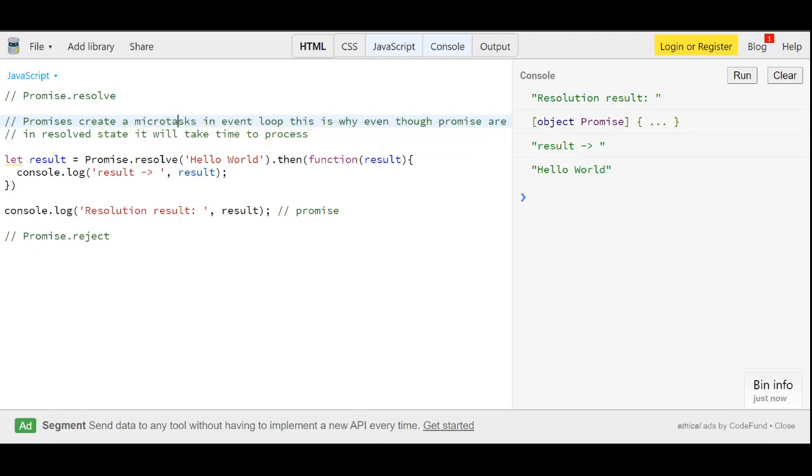So now we have seen the resolve method. Similarly, we will go for the reject method, Promise.reject.